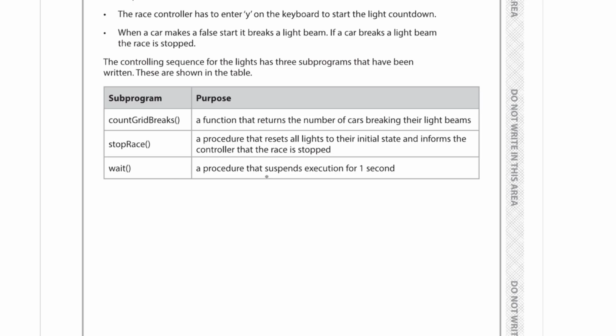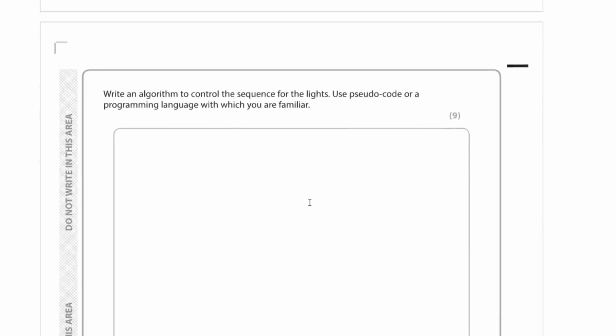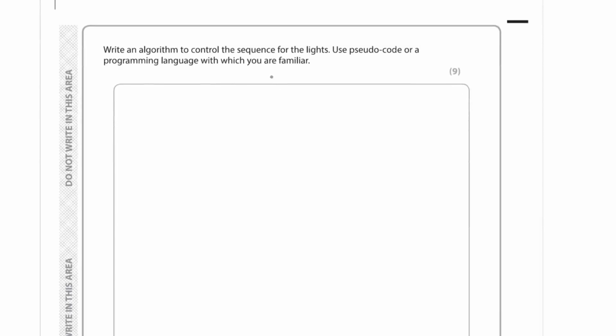And wait suspends execution for 1 second. Okay, and we need to write an algorithm in pseudocode, or in the language you're doing, to control this sequence for 9 marks. So I should really have done this with a flowchart as well, but you should really take some time to actually plan this out, at the very least in your head, so you know what you're doing,